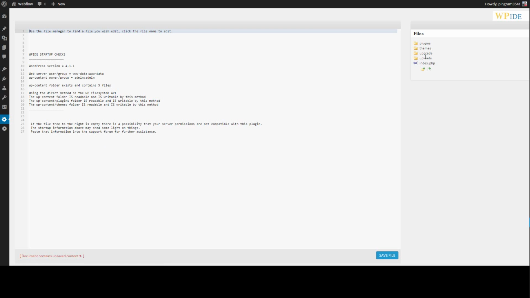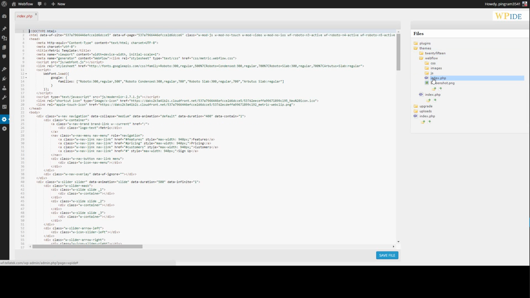From here we can browse our WP content directory where our themes folder resides, and in here you can see where I've already uploaded the Webflow export, including the screenshot as well as the modified index.html file. All the same content is in it, it just literally has a different file extension on the back of that. There's also another file that is required by WordPress. It is the